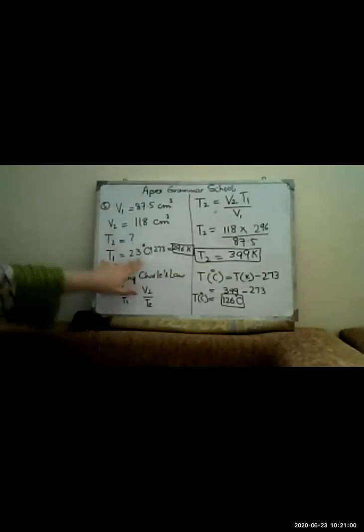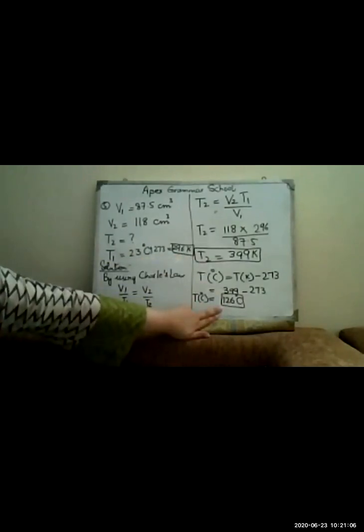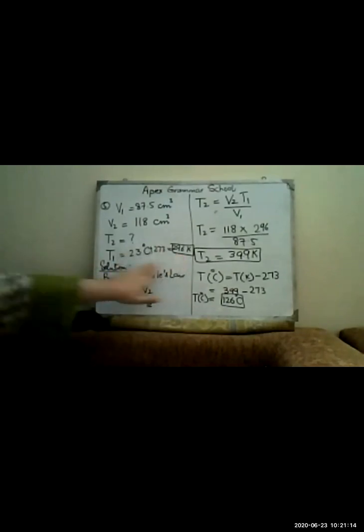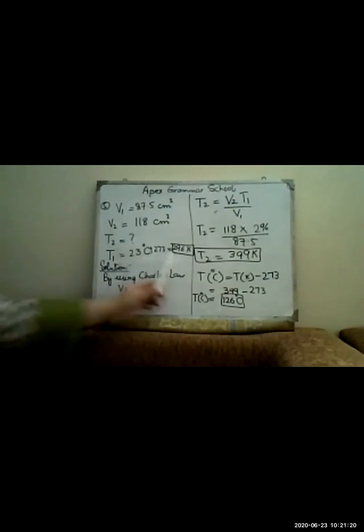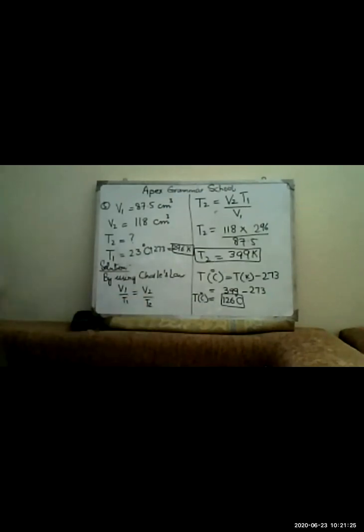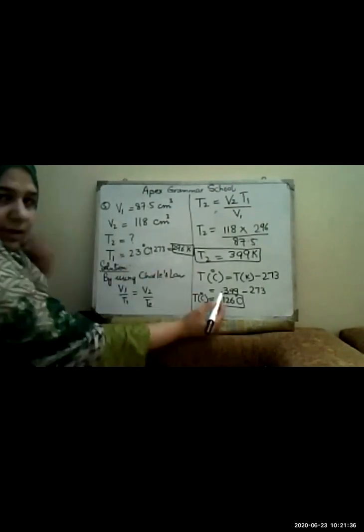But remember one thing, if we don't convert it over here, then the answer will straight go towards this. But if we are converting it, then we have to also convert it back to degree centigrade. The more precise way to do it is just like this, because whenever we have some temperature in degree centigrade, while doing numericals, we have to convert it into Kelvin and then go back into degree centigrade. So this is the better way to do it. Otherwise, if you do the same thing with the other process, the answer will be the same. But according to your board pattern, you have to first convert degree centigrade into Kelvin and then do the further conversion, right?